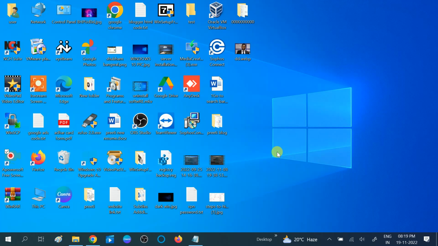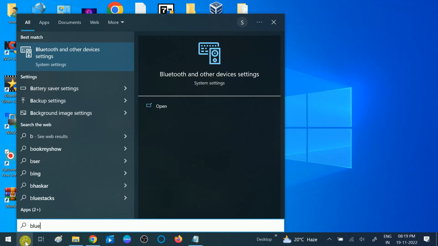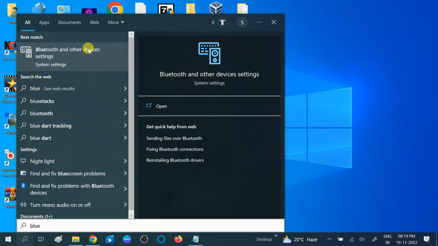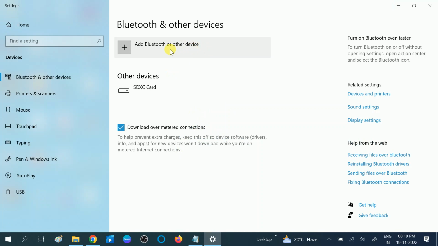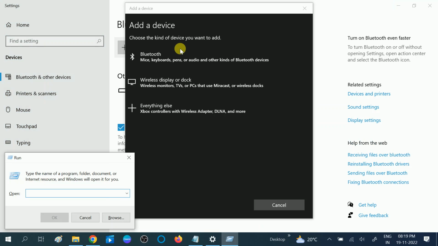In this video, I will show you how to resolve the issue Bluetooth driver is missing in device manager. So let me show you the error first. Go to Bluetooth and other devices. Now you can see here I'm not getting the option on off button, and when I go to device manager,